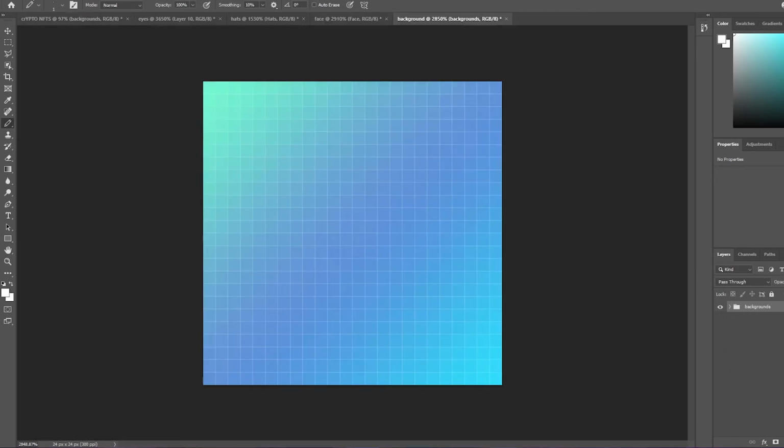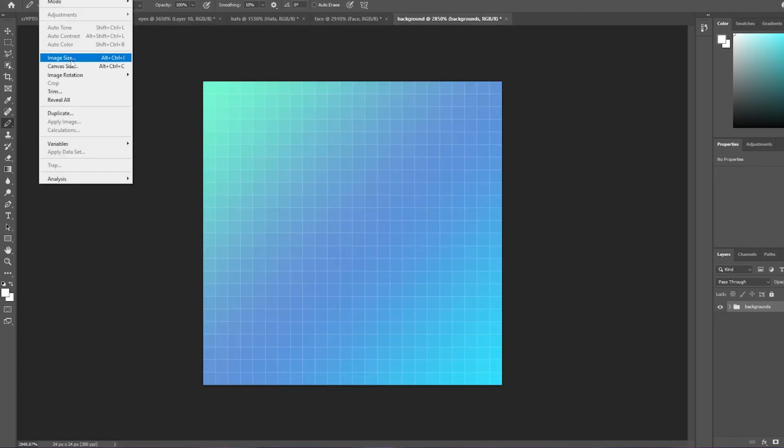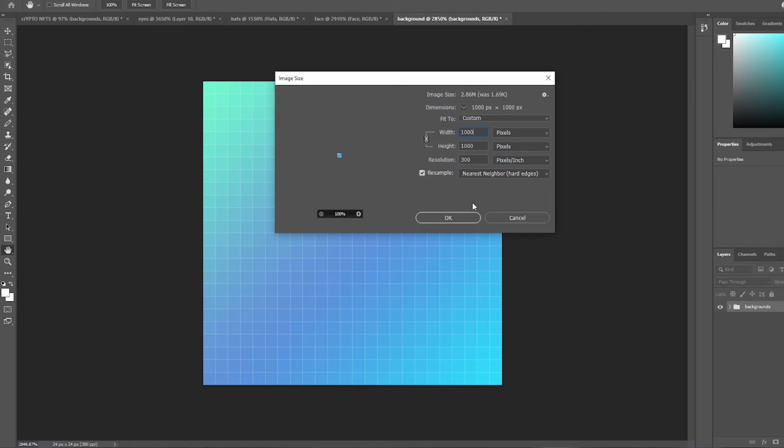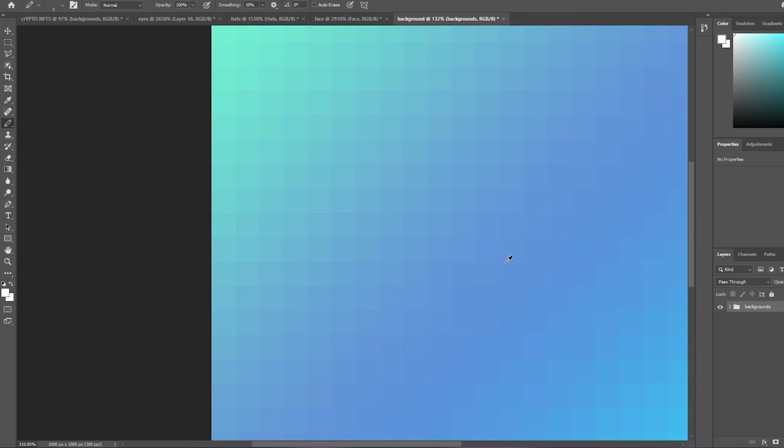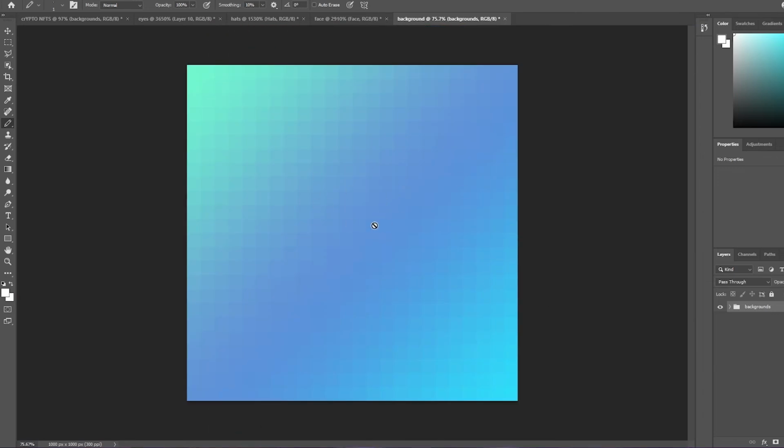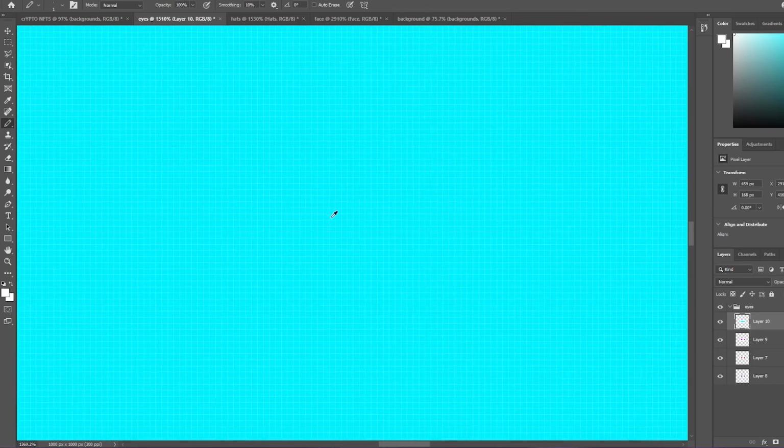And same goes with the background as well. So image size 1000. OK, zoom out. There you go. That's how it looks like. This is how it looks like. It's really nice. Now what we're gonna do is we're gonna go ahead and